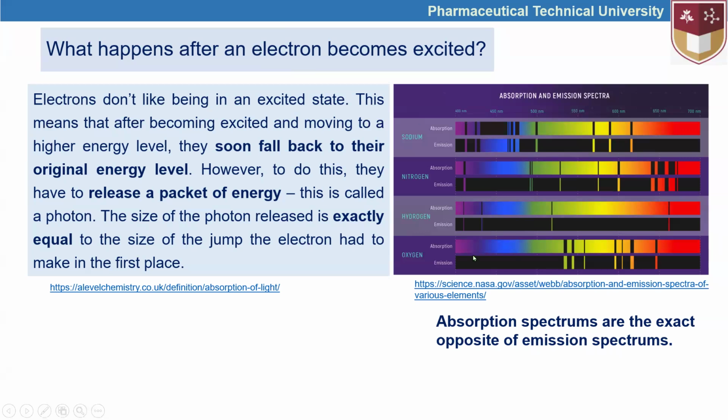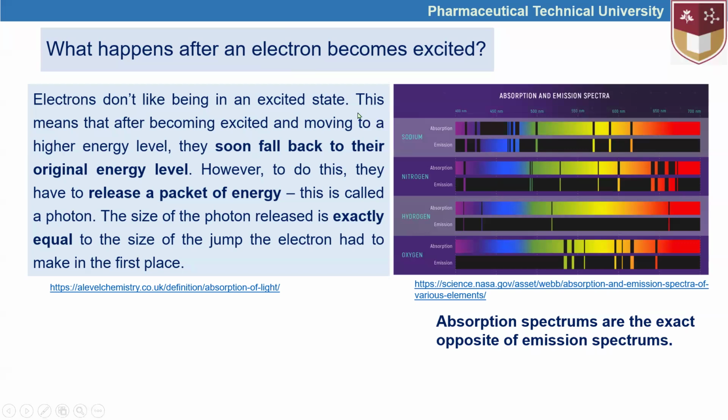For example, this absorption belongs to oxygen, this absorption belongs to hydrogen. Hydrogen is the smallest atom as we know. That's why we can see a short and primitive absorption spectrum compared to other atoms shown here, which have more electron shells and